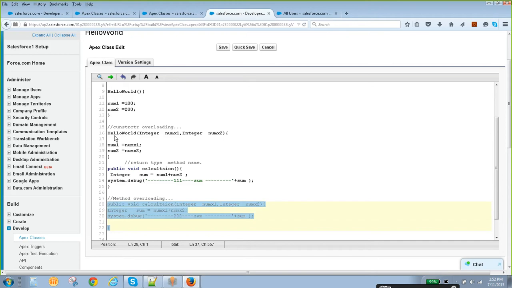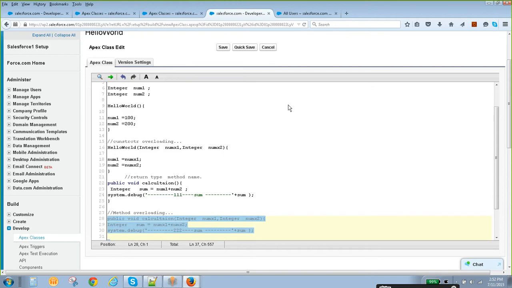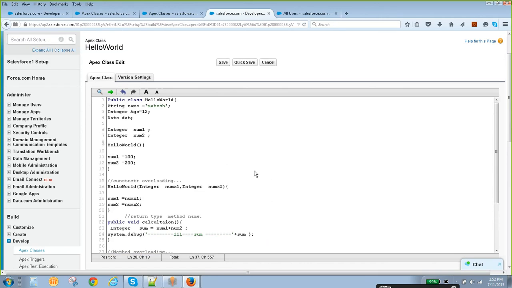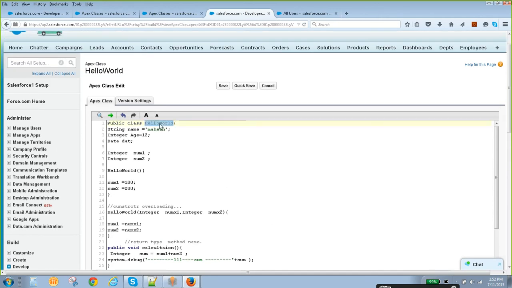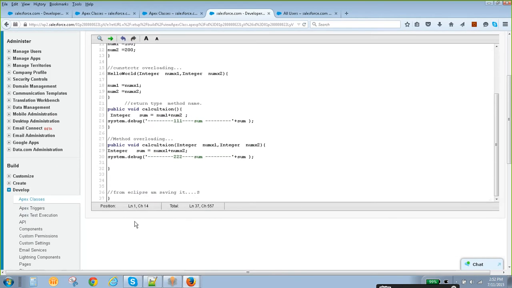A constructor is invoked when creating an object. What is an object? If I want to call this particular method from another class or another method, we have to create an object for this class. How to create an object? Creating an object is allocating memory for the class. The class will be saved in a place called the program heap.